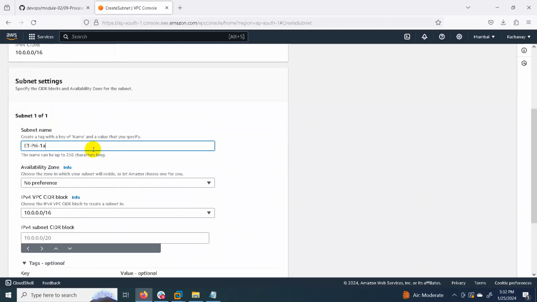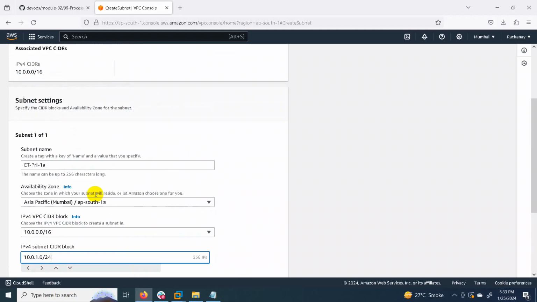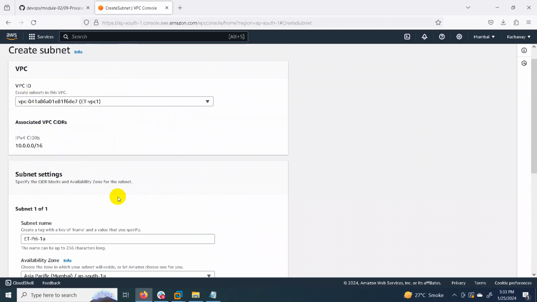Here I selected 1A, because the availability zone is also 1A. That's why we have mentioned it like this. Then this is the default CIDR, and for this subnet we will be choosing 1.0/24. This is our first subnet, which is the private subnet.